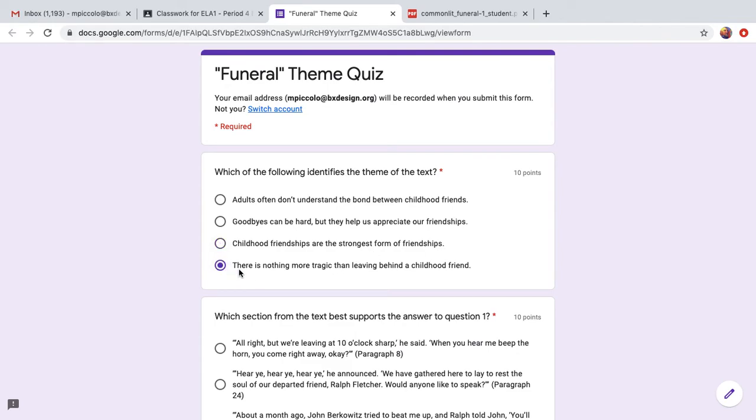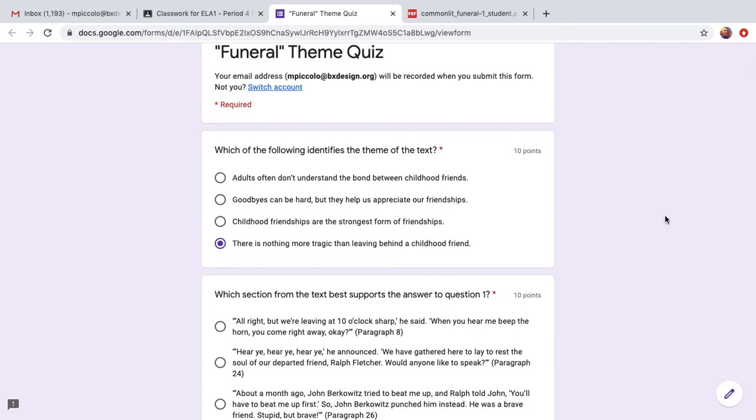And there is nothing more tragic than leaving behind a childhood friend. Now, I don't think that is the story, right? I don't think that's what the story's telling me. Because I can think of a million things more tragic than leaving behind a childhood friend, and at no point in the story is Ralph a mess at the end. If something was truly tragic, the most tragic, sad, awful thing, Ralph would be a mess at the end. He would be crying, kicking, screaming. He would be traumatized. But he gets up, right? He moves on with the love of his friends, and he goes on into his new life.